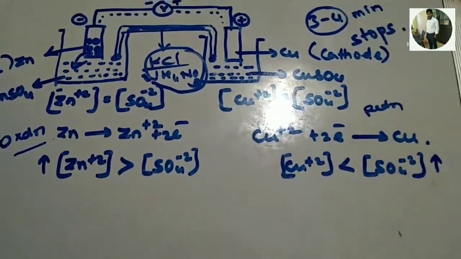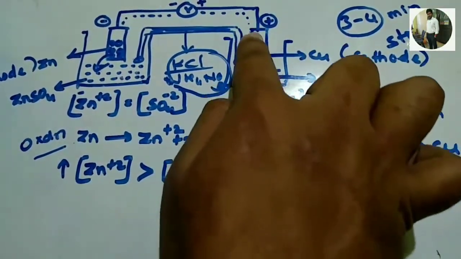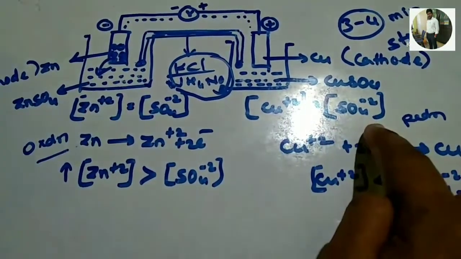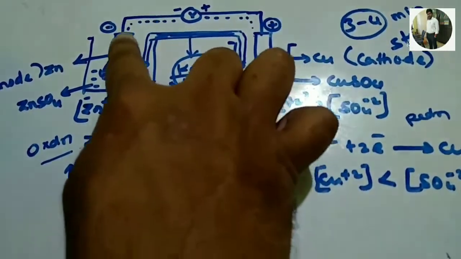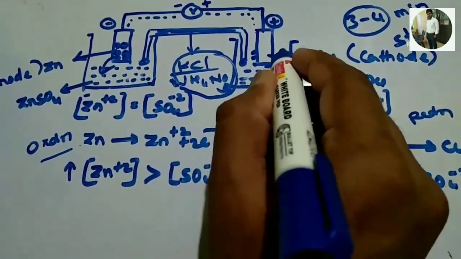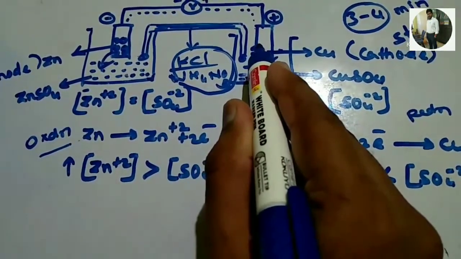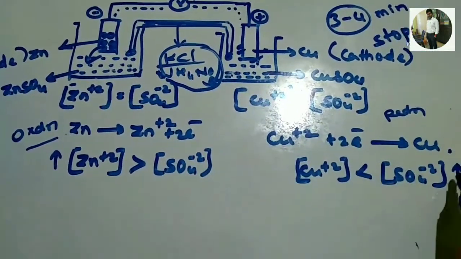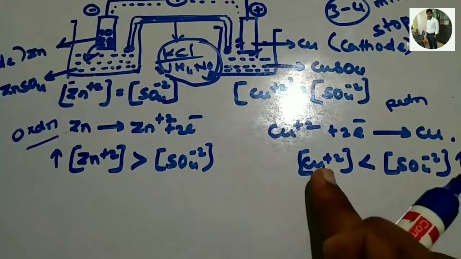So here at the cathode, reduction is taking place. Those 2 electrons move through this metallic wire and come to this cathode, in the copper sulfate solution, in which Cu+2 ions and SO4 minus 2 ions are there. Those Cu+2 ions will be taken up by the 2 electrons coming from here, and they are deposited on the surface of this cathode. So here Cu+2 ions are depositing and converting into atomic copper, and what type of ions are left in the solution? SO4 minus 2 ions are going to increase. The concentration of SO4 minus 2 ions is going to increase with respect to the copper.